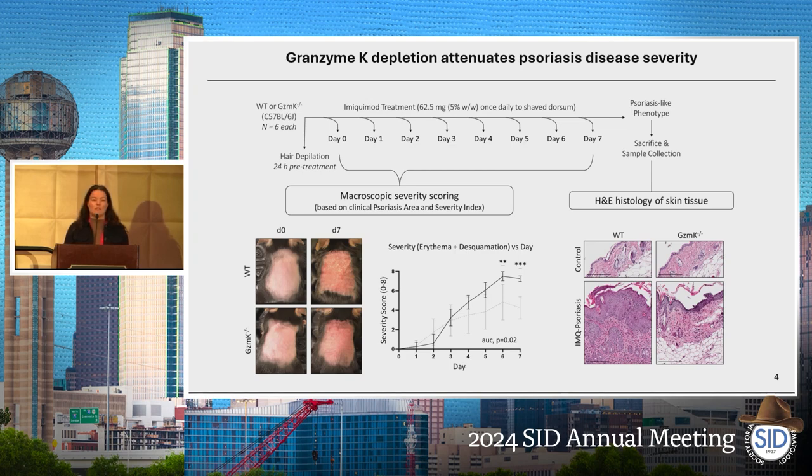What's more, when we look to the histology, we see that the largest disease hallmarks that had differences between the genotypes were those related to epidermal thickness and epidermal hyperplasia, as well as the influx of immune cells and levels of pro-inflammatory cytokines, each of these being significantly decreased in the knockout mice compared to that of the wild type.